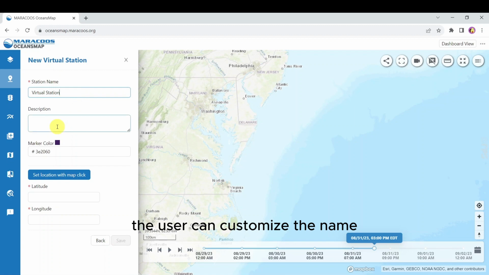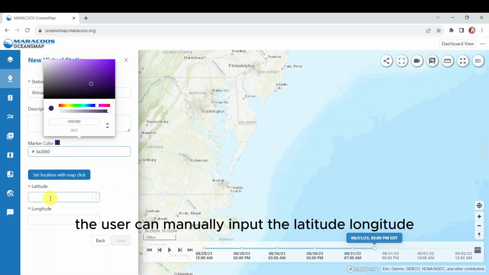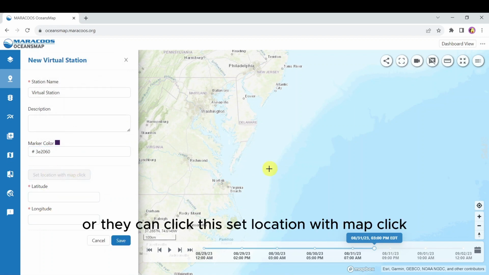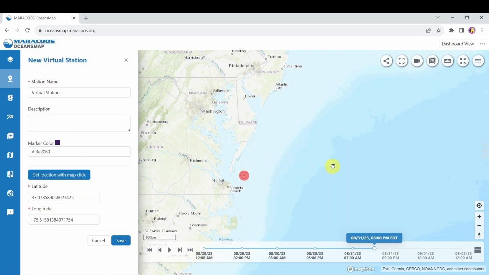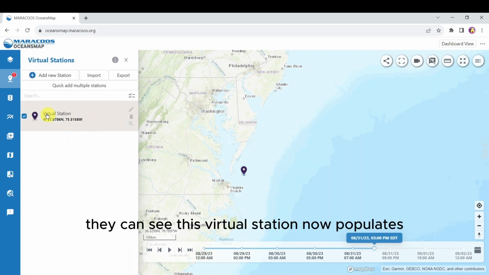The user can customize the name, the description, the marker color. The user can manually input the latitude and longitude, or they can click this set location with map click, and they can click anywhere on the map, and that sets the lat and long. And the user can save that, and when they go back they can see this virtual station now populates in